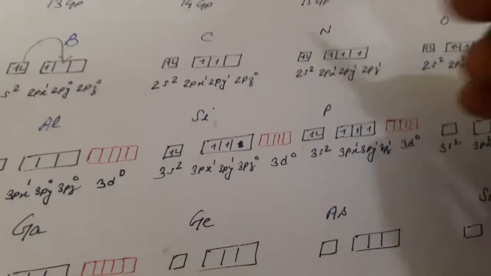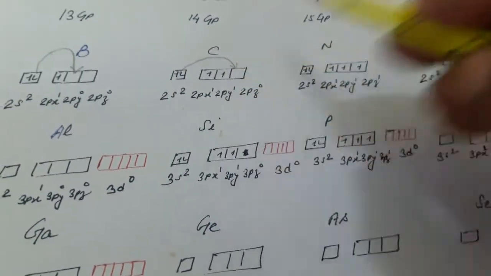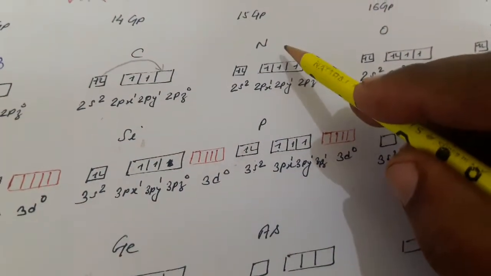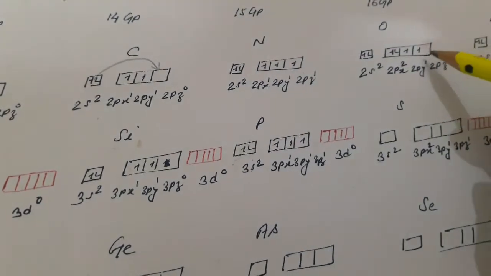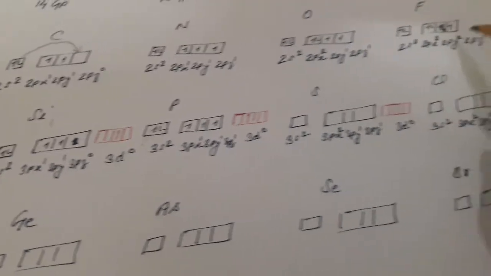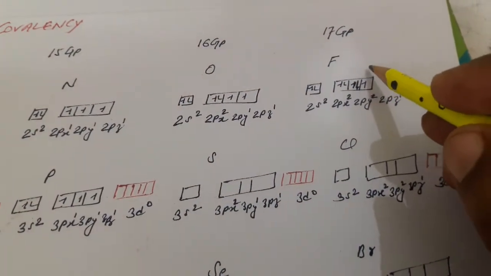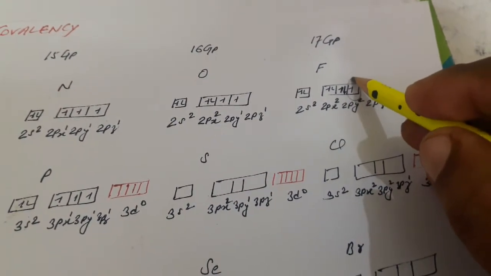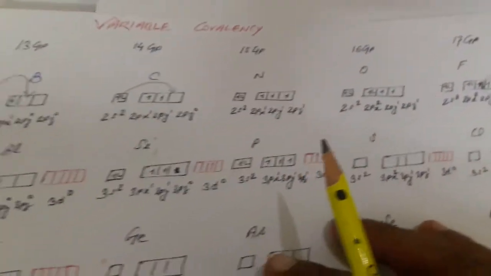So next, in this case excitation is possible, so its higher covalency is 4, 2 and 4. Its covalency is only 3. That may be plus or minus, and in this case the covalency is only +2 or -2. In this case its covalency depends upon the unpaired electrons, and its unpaired electrons are 1, so it can share only one electron to complete its octet. So covalencies depend upon excitation.